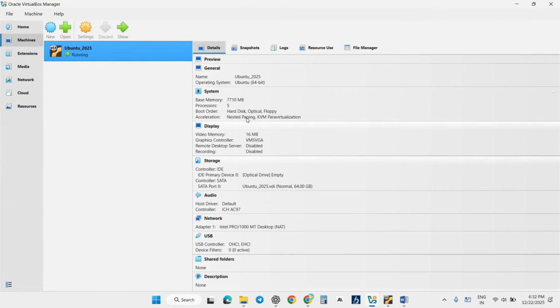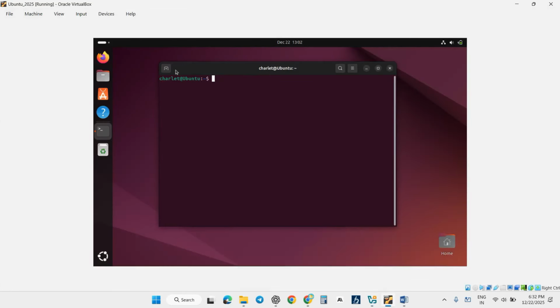So there are two things you are going to give here, after you create new projects and all. This is your login name and this is your machine name. What machine name you have exactly given. I just gave Ubuntu, that's what Ubuntu is. Charlotte is the login name I've given. Okay, so